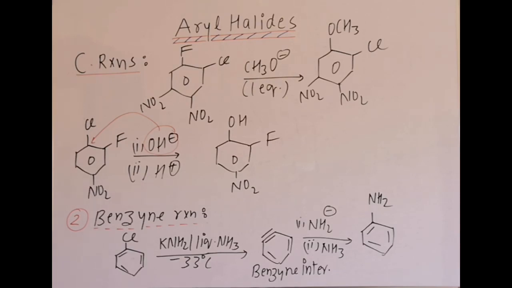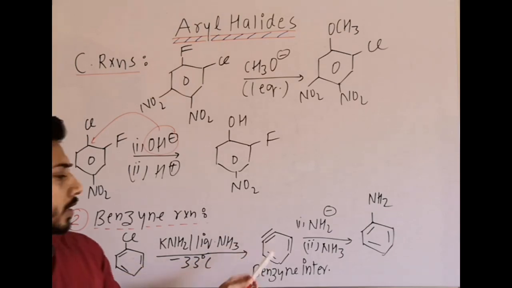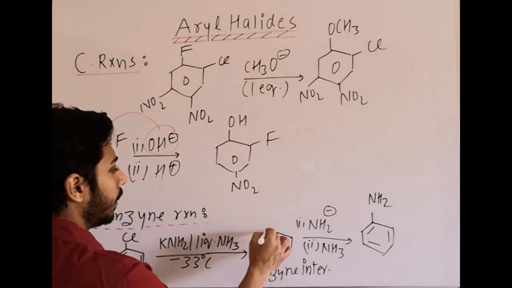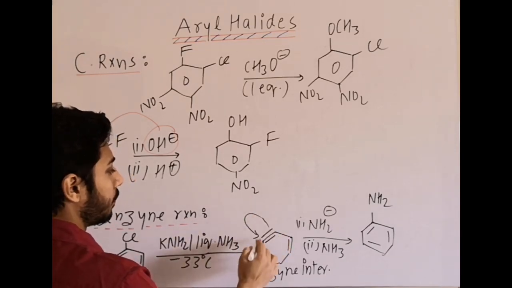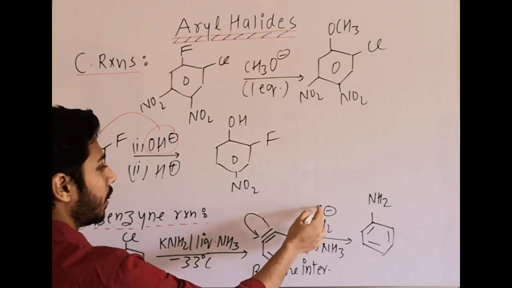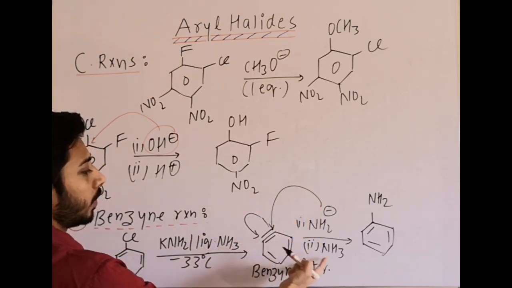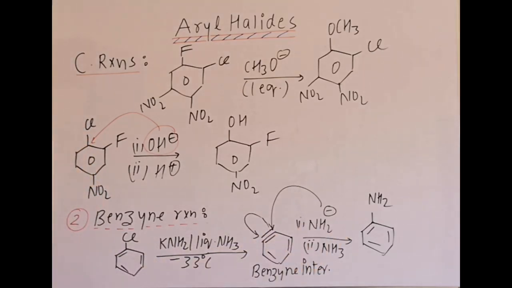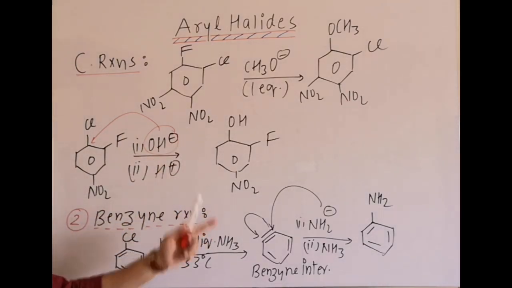It is again overall nucleophilic substitution. In that case, in short, Cl is finally substituted by NH2. Here I have written some steps: chlorobenzene with KNH2 in liquid ammonia at this temperature. It firstly gives an intermediate which is benzyne, and then on this ring, what is going to attack? There is an attack of NH2 minus. There, the minus charge takes H plus and we get NH2, that is aniline. So this is although not given in NCERT, but we can use this reaction to explain an important reaction of NCERT, which is Dow's process.